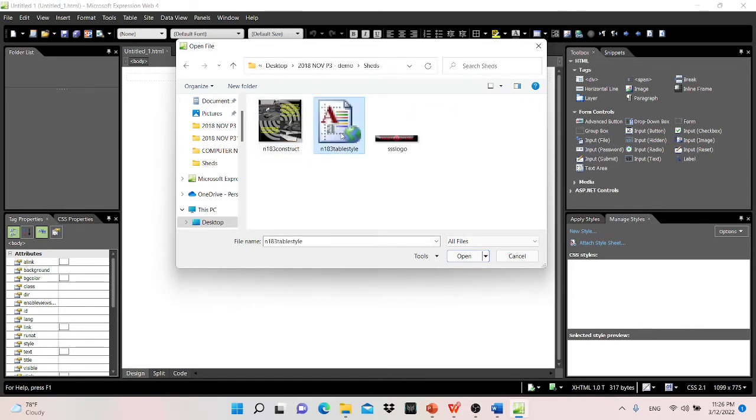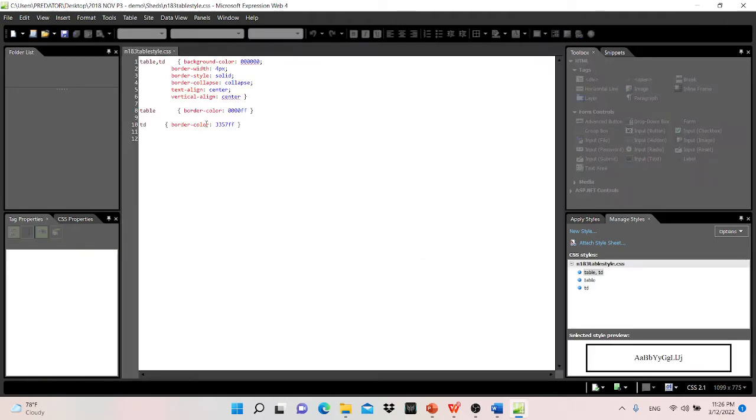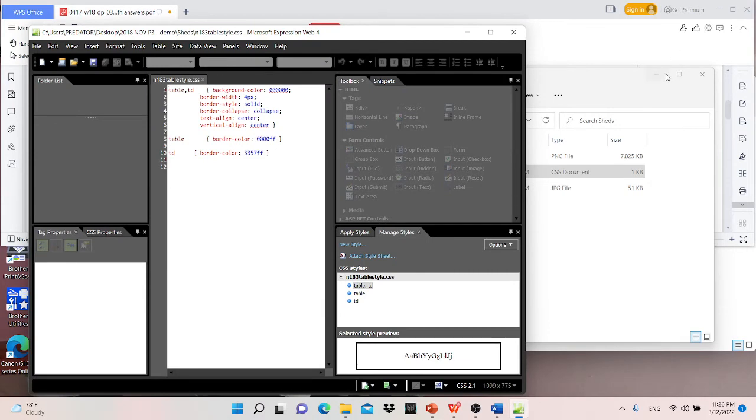Then you click this table, and this is the table that was already created. So when you look there,